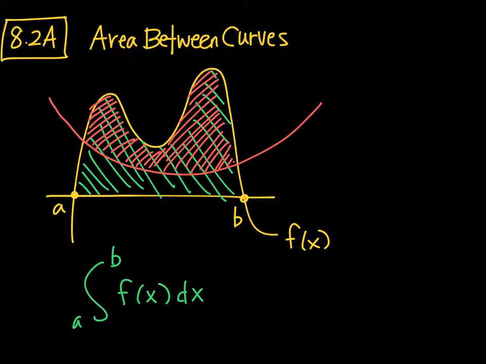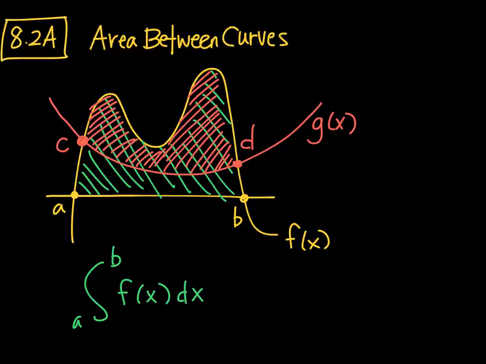It's really not that hard. It's quite simple. There are going to be different bounds. The bounds are going to be where the two curves intersect each other, not where they intersect the x-axis, but where the two curves intersect each other. And if we call that new curve g of x,